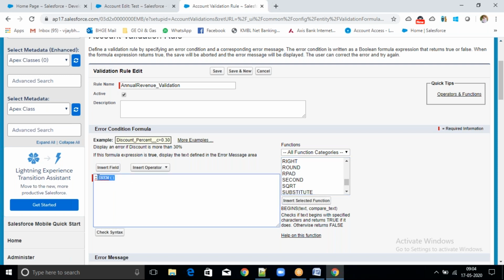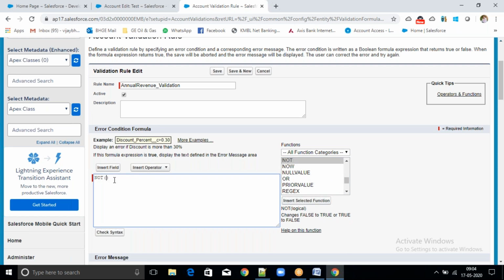See, now I want to show an error for the old records. Now what will you do? If the record is new, I am showing an error, right? I don't want to show it for new records. If I am updating any existing record, I want to show it. Then here we have a function called not.